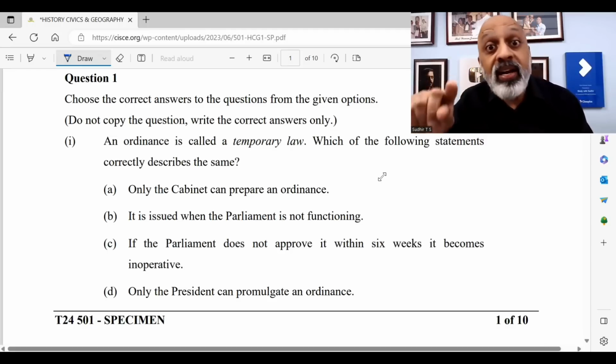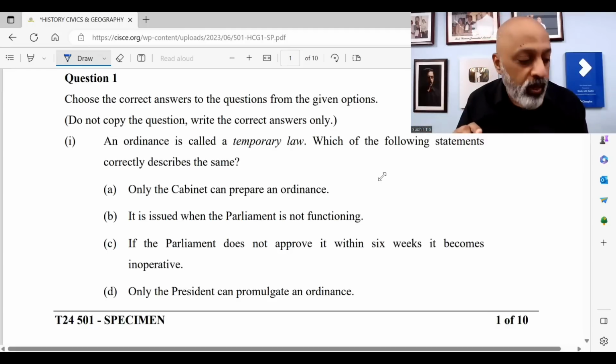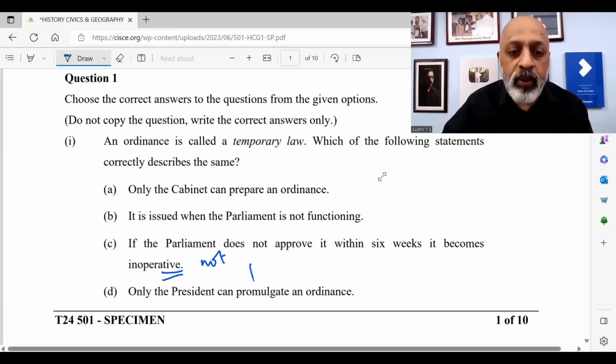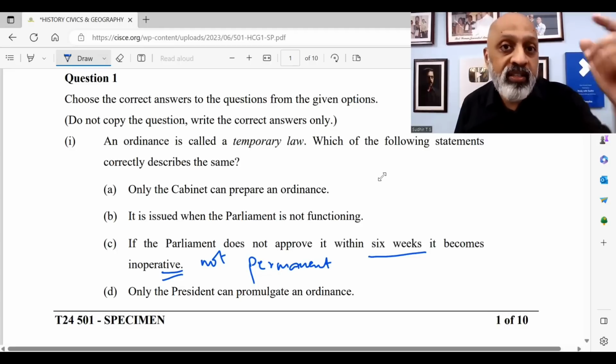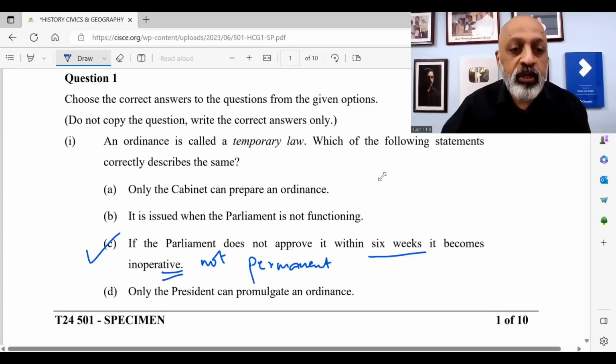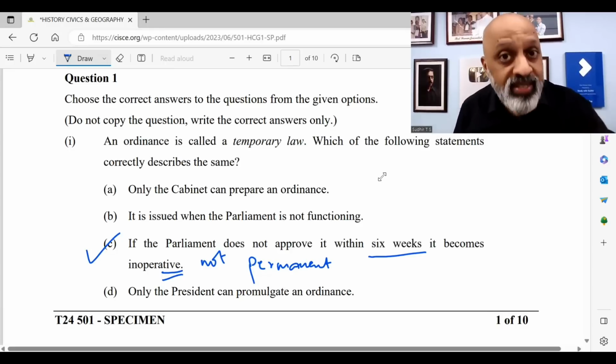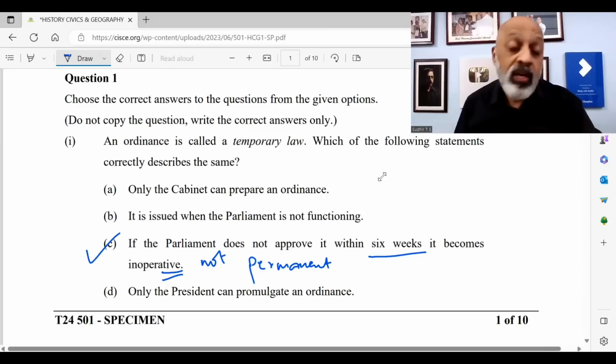It means that it becomes inoperative, का मतलब क्या हुआ? Inoperative का मतलब है that it is not permanent. Okay. That is, it will not be permanent beyond a period of 6 weeks, which means that it is a temporary law. So the correct option is option C. Only the president can promulgate an ordinance. Yes, he's the one who signs on the ordinance, he or she, but that does not make it a temporary